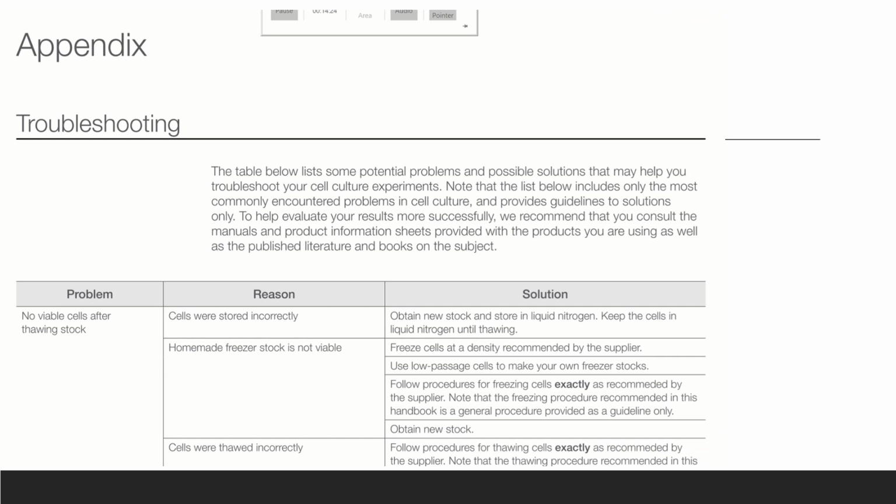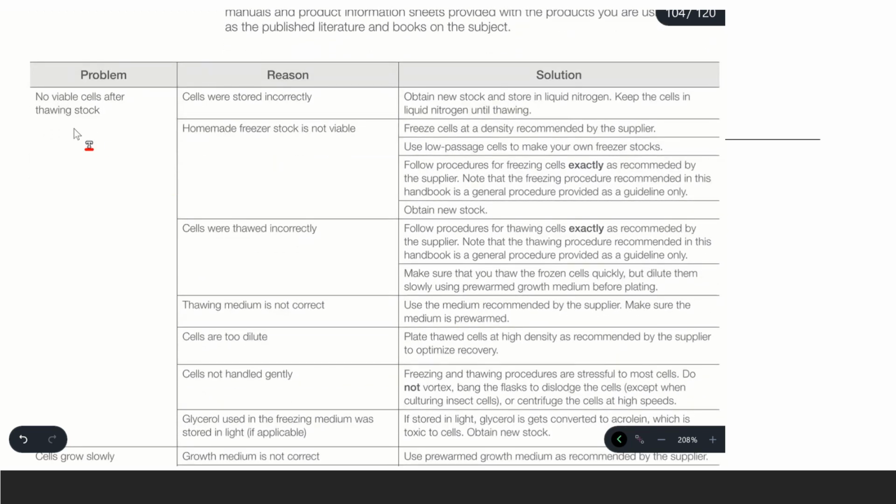Okay, now we are in the appendix, and I wanted to show you this because if you ever have to culture your own cells, Gibco, the company, updates their cell culture handbook every year, and this is a really nice resource here in the back. So if you're having a problem like this one, no viable cells after thawing stock, these are some of the